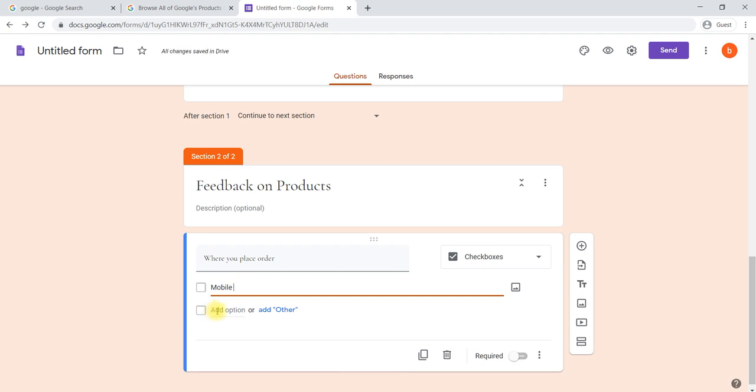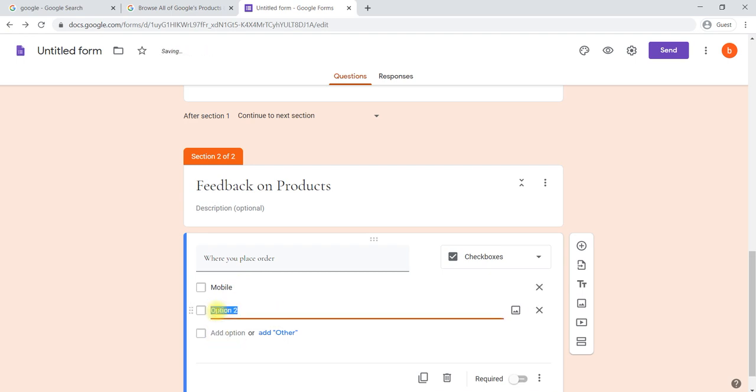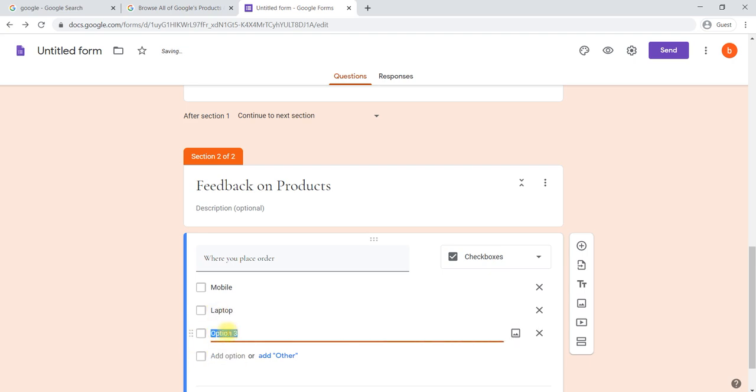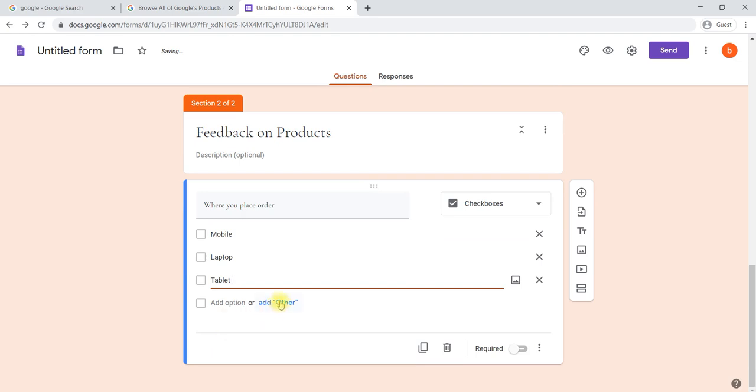Click here on add option, saying laptop. One more option, option 3, is tablet, or we can say add other, apart from these three.